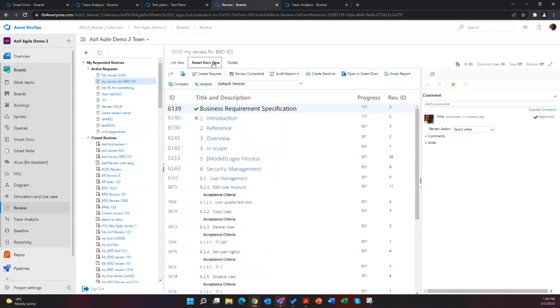There really are two primary roles. One is the review initiator, and the other is the reviewer. Actually, there are three: an initiator, a reviewer, and an approver. If you're an approver, like I am in this case, I can approve and reject things and add comments. If I am a reviewer, all I can do is provide feedback, and that can be managed.